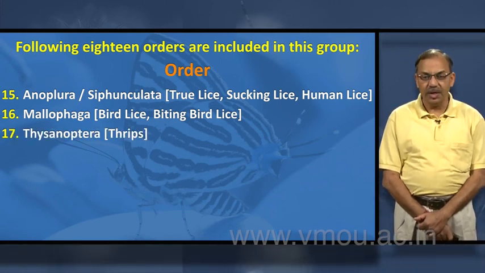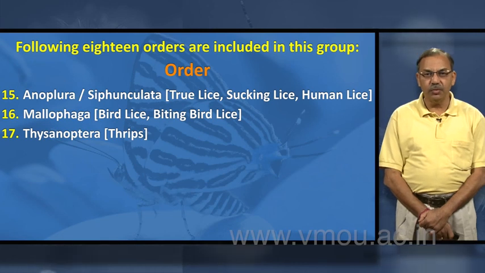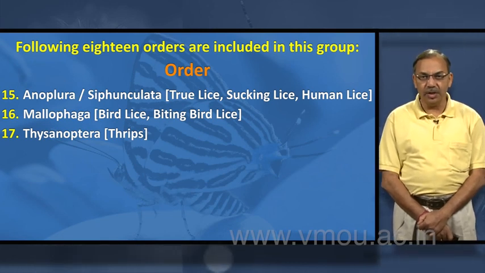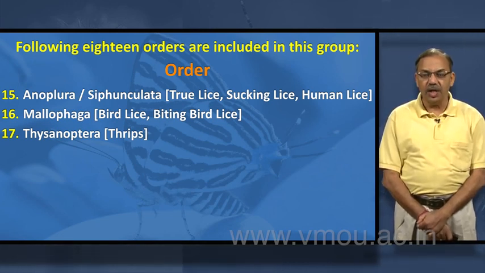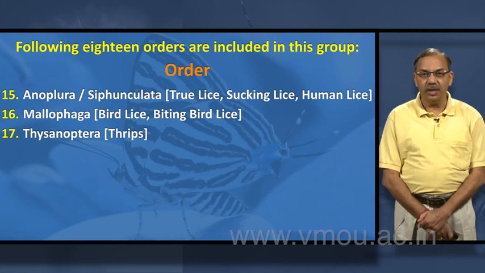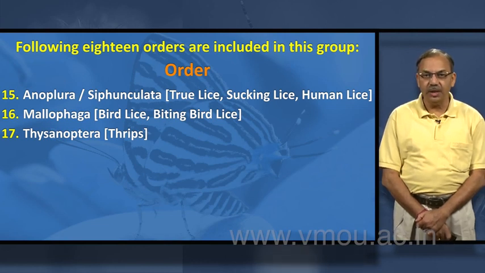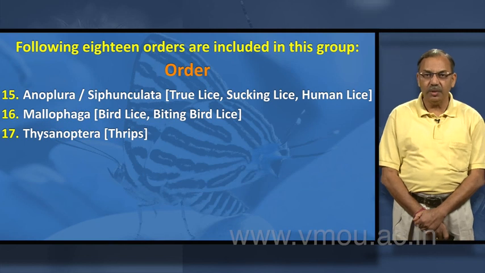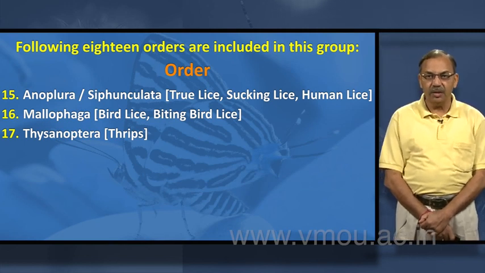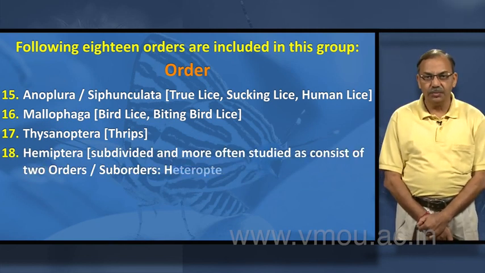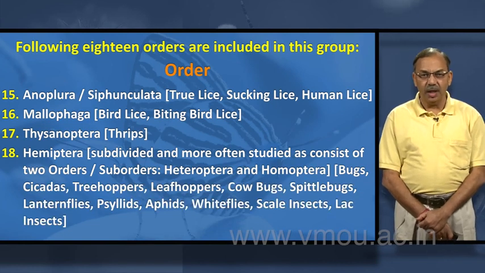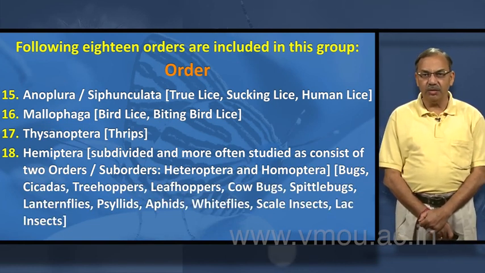थाइसनोप्टरा, थ्रिप्स, अगर आप सीज़न में गेंदे के फूल को थोड़ा सा लेकर सामने शीशे या टेबल पर उसे छिड़क लें तो आपको उसके अंदर मौजूद हज़ारों की संख्या में थ्रिप्स निकलकर बाहर भागते हुए या अपने एब्डोमेन को ऐंठकर उड़ते हुए दिखाई दे जाएंगे। नेक्स्ट इज हेमिप्टरा। हेमिप्टरा लिनियस का ऑर्डर है, लेकिन इसको नाउ इट इज लिटरली ने